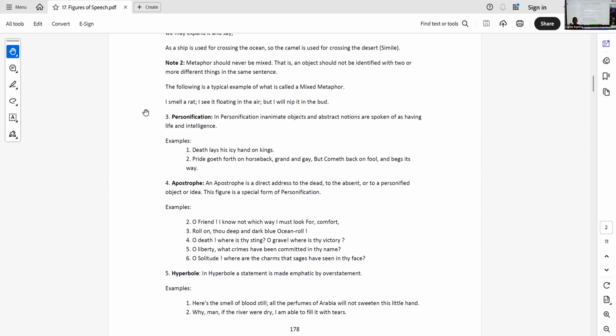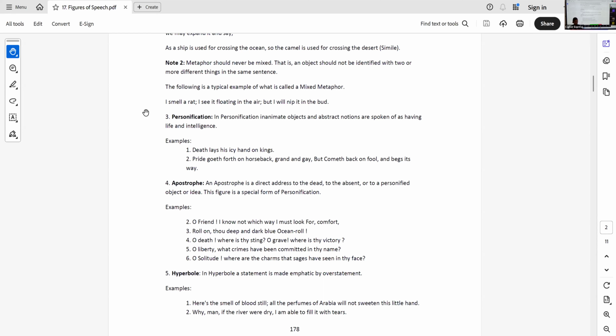Personification is when we give human attributes to non-living things. For example, I say the hands of the clock are moving very slowly. I'm assuming that is a human being. I'm saying it has hands. The expression must have begun in that way. The leaves are waving. The trees are waving goodbye to me. I'm assuming the tree is a human being. The sun was beaming. You must have heard this expression. The sun was smiling.